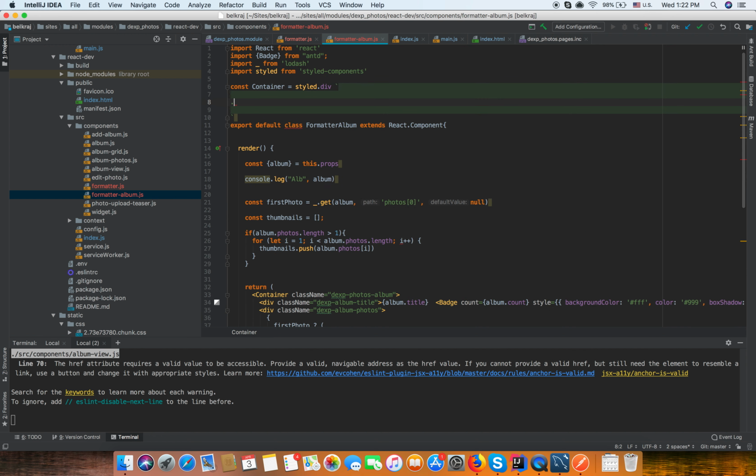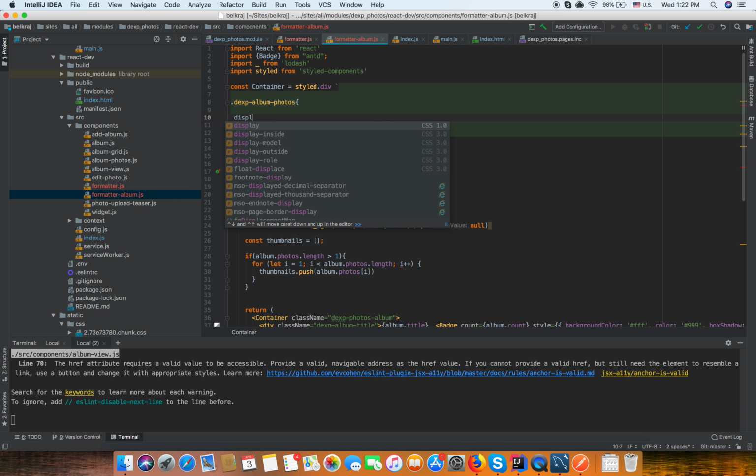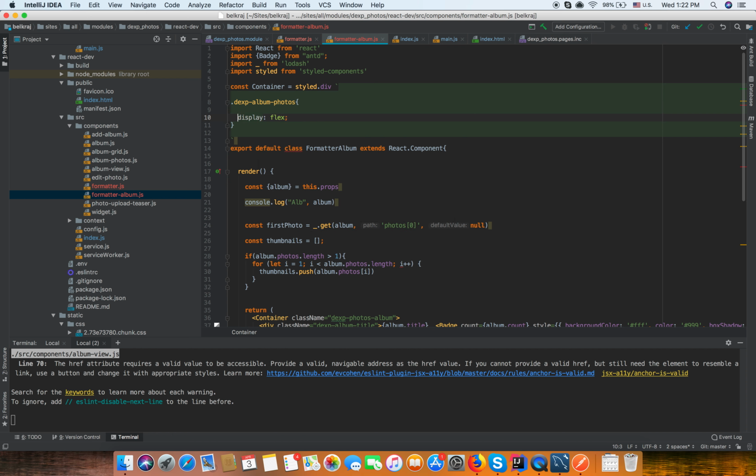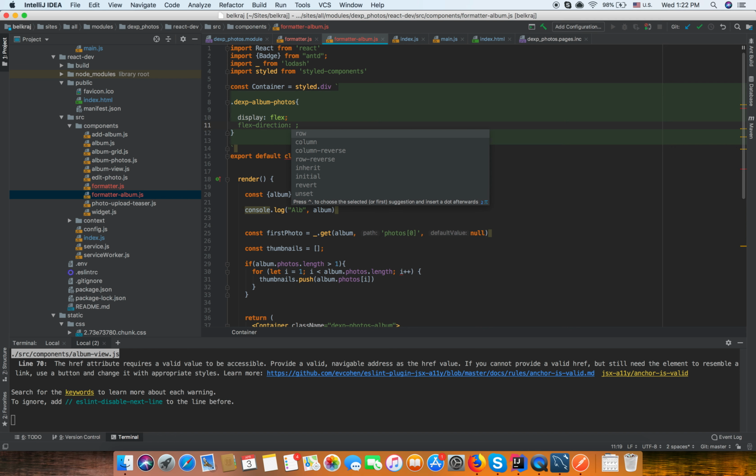It should look like a shared coding style, display flex and flex direction. I think this should display in the same column,